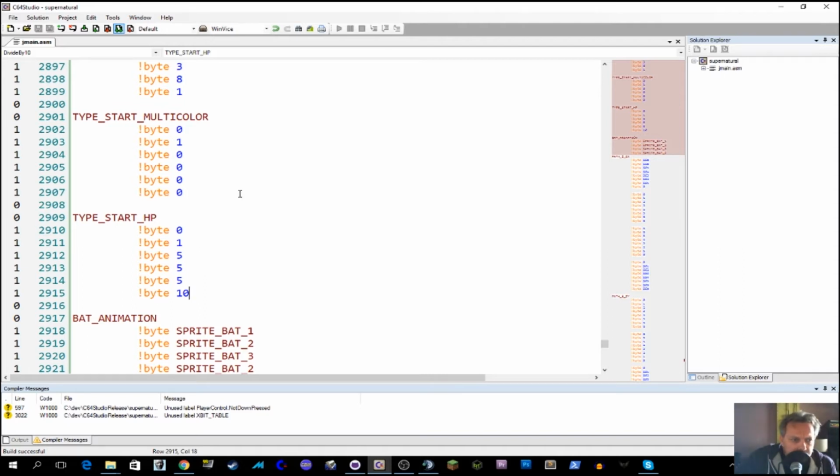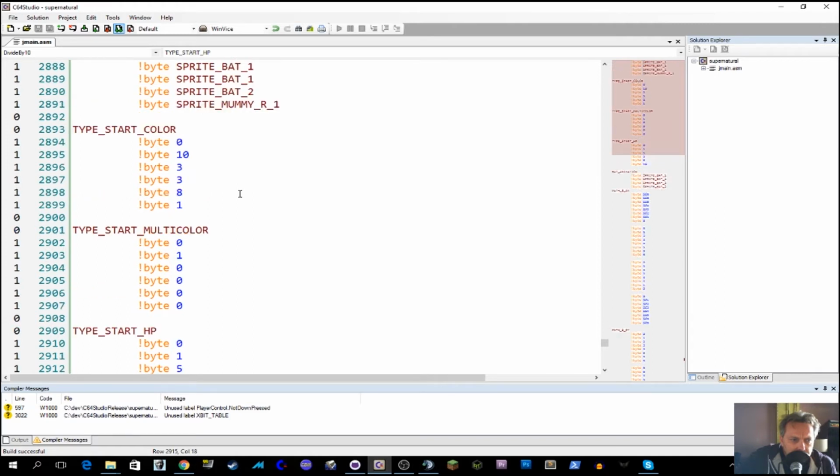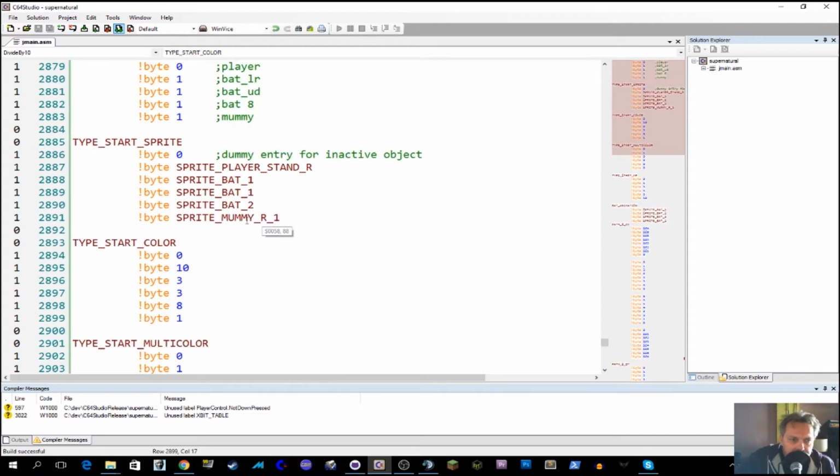Then there's the start color. Let's see. There, the start color for this type is 1, which is white, so that makes sense. And the mummy is sprite mummy R1. We can also have a look actually at the